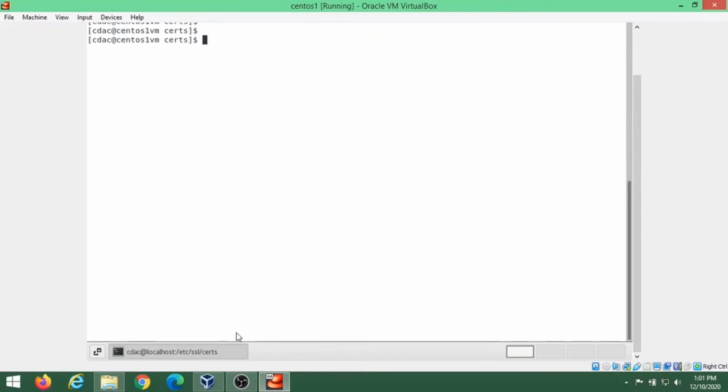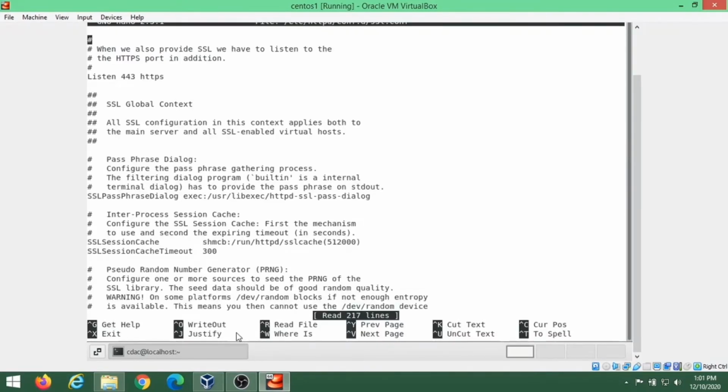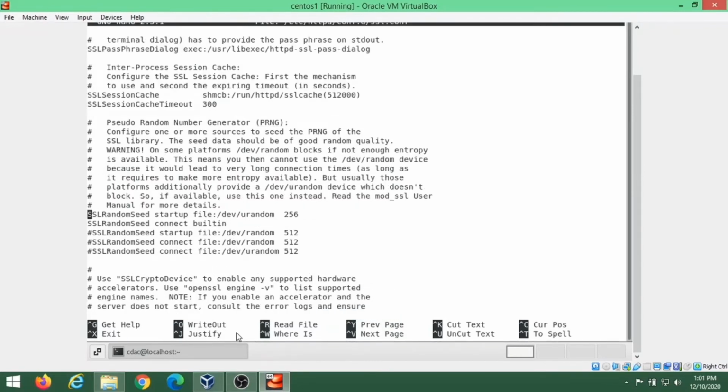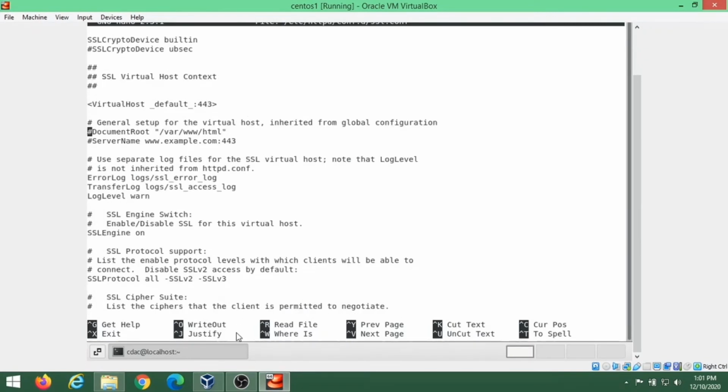To do this, we will go into the path and see this file.